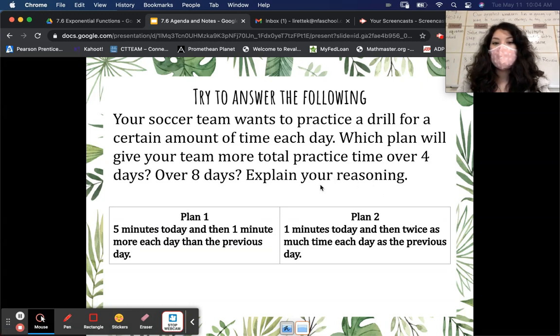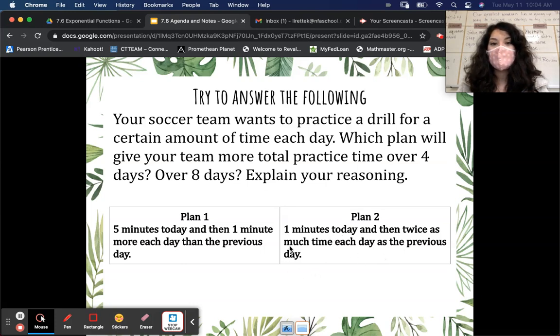It says that your soccer team wants to practice a drill for a certain amount of time each day. Which plan will give your team more total practice time over 4 days? And then how about over 8 days? Explain your reasoning. So for plan one, you're going to start with 5 minutes today and then 1 minute more each day than the previous day. For plan two, you're going to practice for 1 minute today and then twice as much time each day as